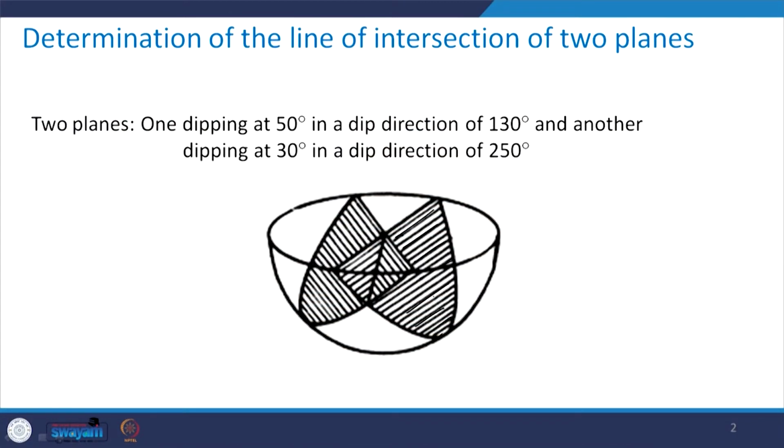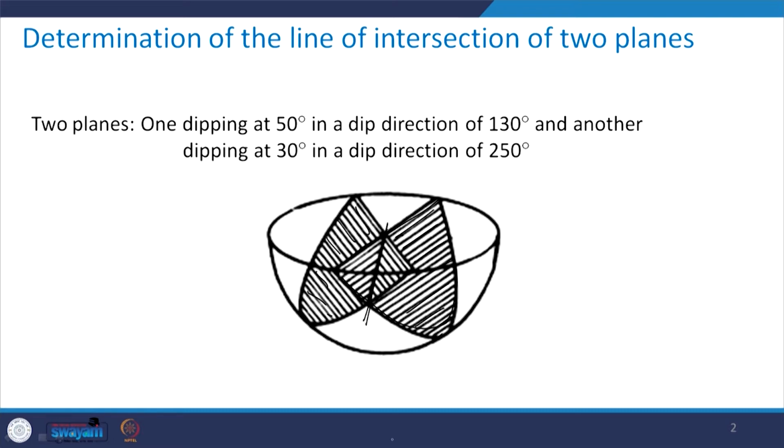This is the first plane and this is your second plane, and we already know how these two planes can be represented if they intersect the sphere. So, this is how the intersection will look. Now, you all know from your engineering graphics background that when two planes intersect, the result is this line. This is the line of intersection. How do we plot it as geological data?